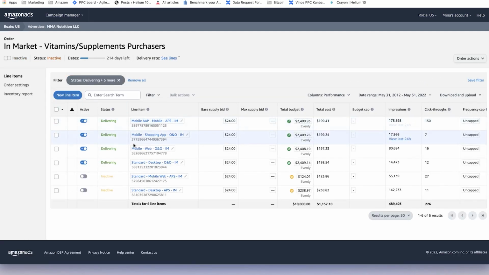Here are the different line items. You'll see that I segmented the line items here by a couple different things. First one is, is it mobile app, or is it mobile just on a browser, or is it desktop? Second is, is it Amazon's owned and operated, O&O, or is it APS, which is Amazon Publisher Sites? And basically, I'm trying to segment as much as possible to understand when I advertise, where I advertise, how much